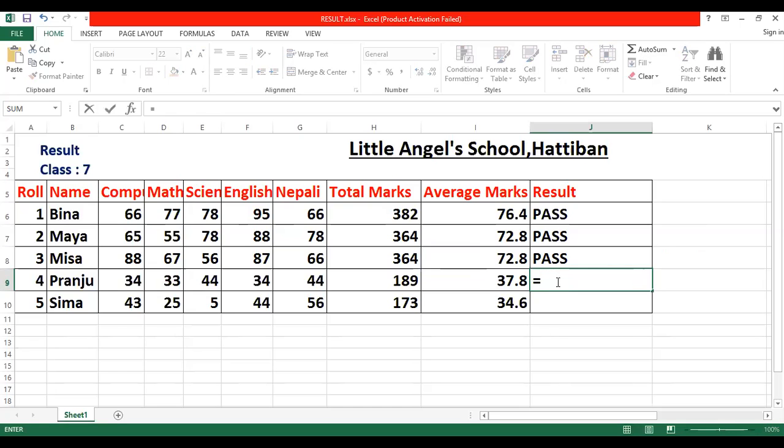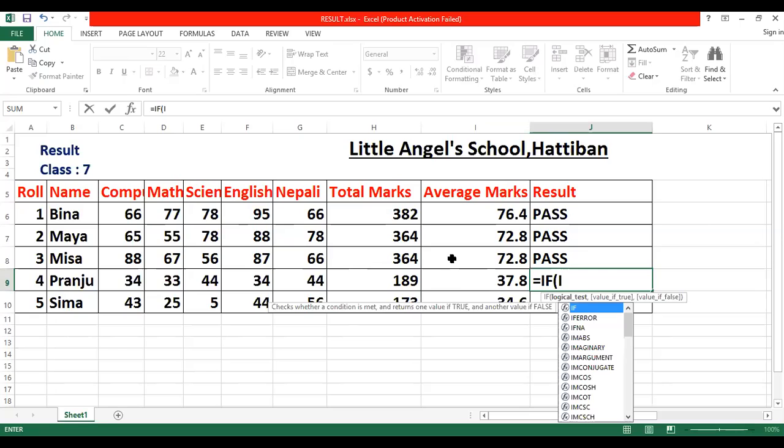Now, Pranju, C is pass or fail, you have to find out. You will do equals to, then IF function, then bracket, column name you see here. What is the column of this 37? That is I. Row number will be different, you see. 9, I and 9.